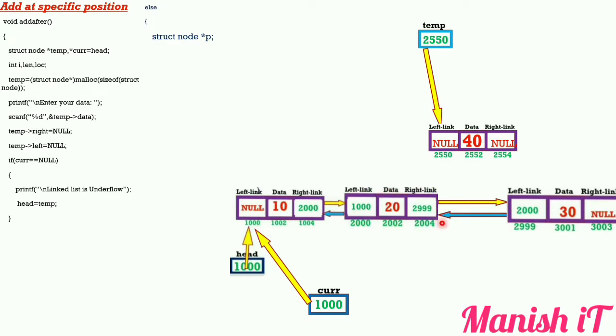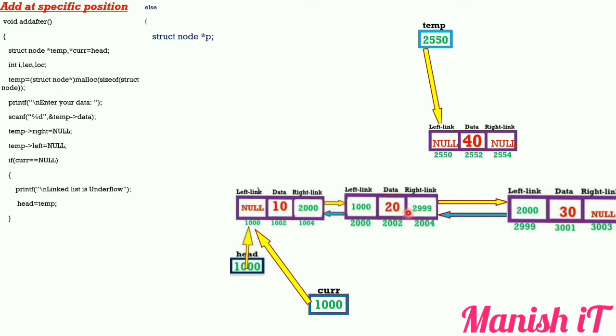So suppose what is happening here is, I want to add this at the third position. Irrespective of this node, next is what? This. And previous is what? This. So we need to come here, we need one pointer here and another pointer here, which is pointing to this and which is pointing to this.